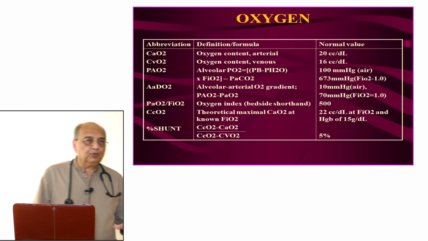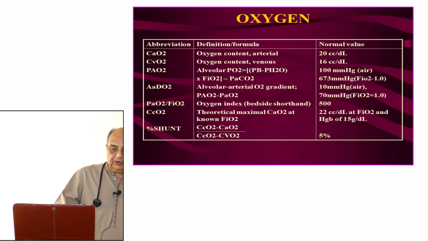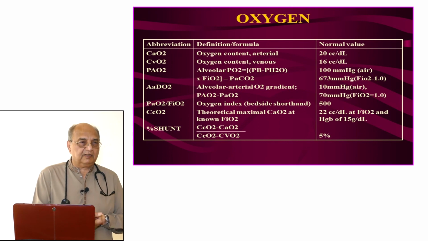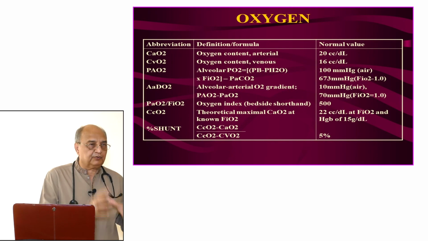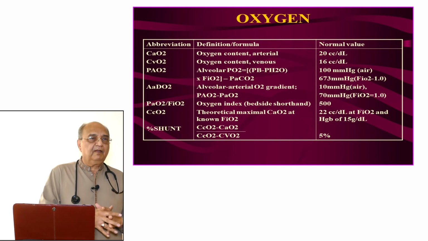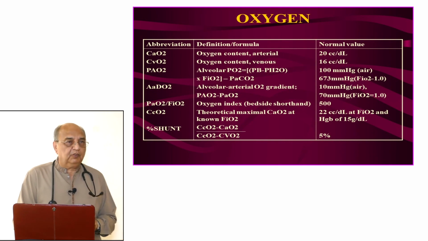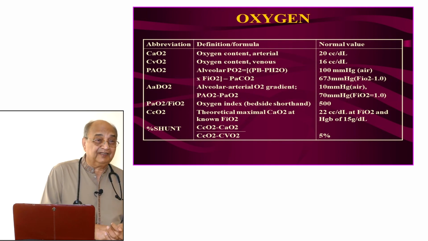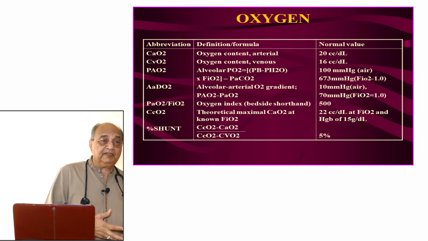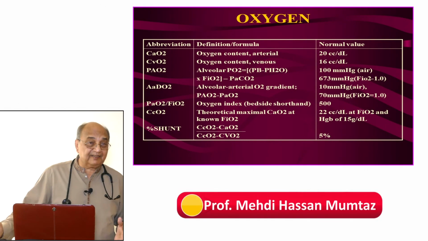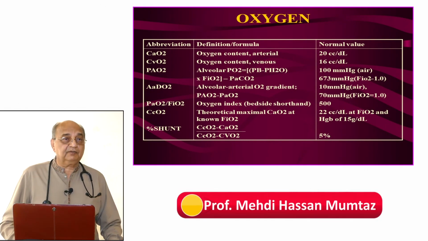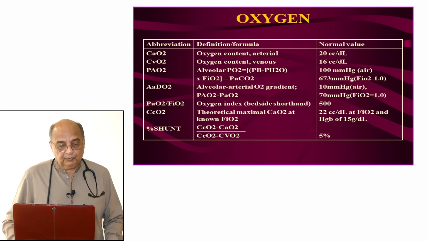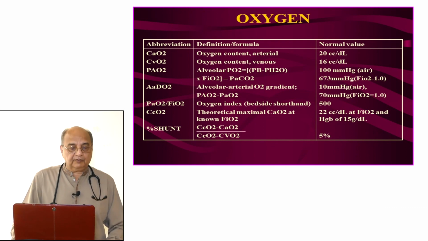In relation to oxygen, we should be monitoring these parameters also. Oxygen content: arterial oxygen content, venous oxygen content, take the difference. That will be VO2, how much oxygen has been taken by the cell. Then we look at the result, whether the oxygen is being utilized by the cell or not. Then we look at the lactate. That will give you the information that the oxygen you are giving is useful. Then your CvO2, oxygen content of the venous blood.